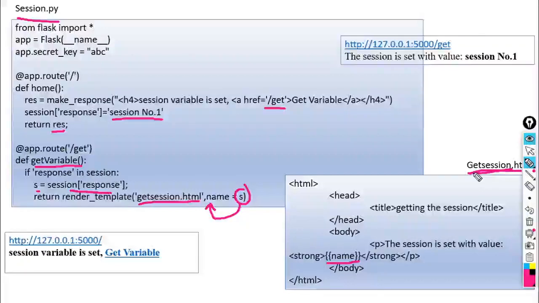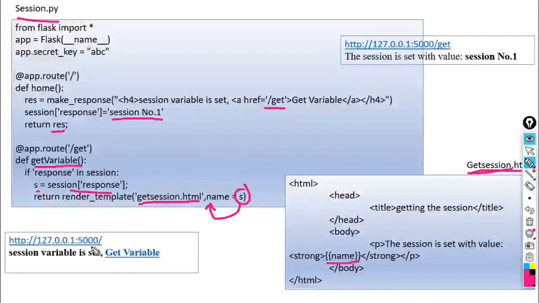Here we rendered get session.html within this session.py. How will it get executed? Look here, this is the output. When we run this Flask application, it displays one URL. With the help of this URL, we can display the output in the browser.